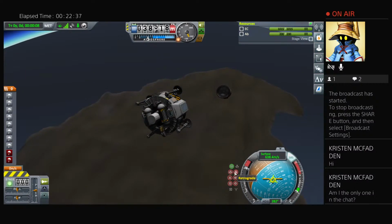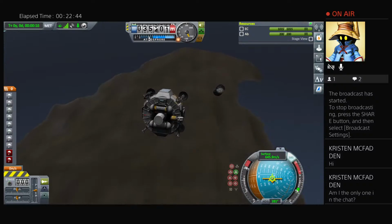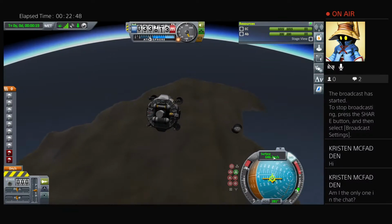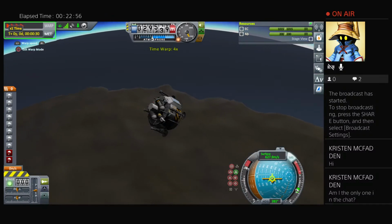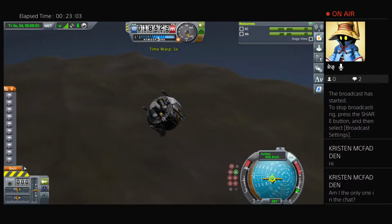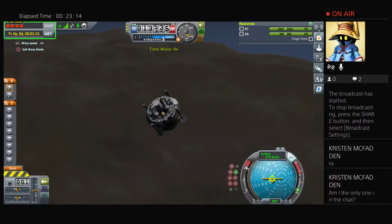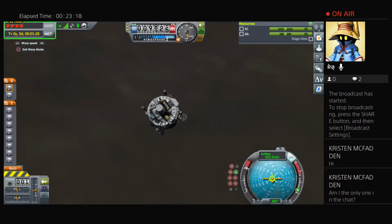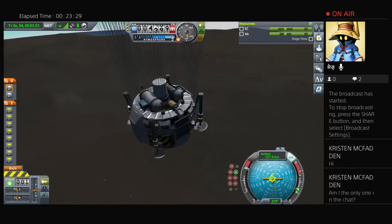Let's make sure that we are still pointing retrograde relative to the surface in surface mode. Let's rotate the vessel for a little bit more of an even burn as we make our entry. May not be much of a burn since we killed off much of that surface velocity. So we can go ahead and time warp a little bit through the entry. Pretty fantastic. We do need to separate those two larger radial chutes that were down here from those drogues. Bring those up here. And let's let that surface speed continue to reduce until we're a little closer to the surface. Then we will cancel the time warp, stage those drogue chutes, and now that we are flying above the surface,